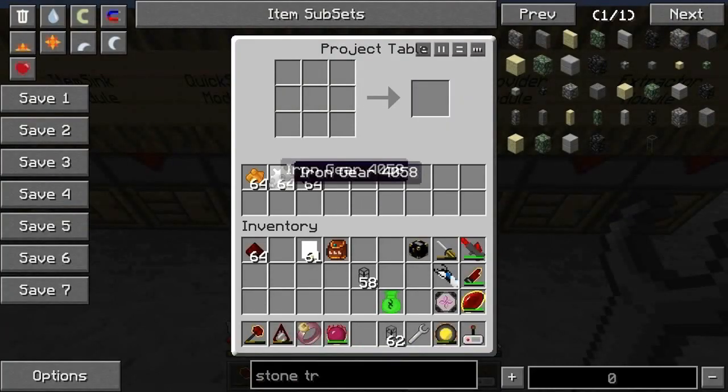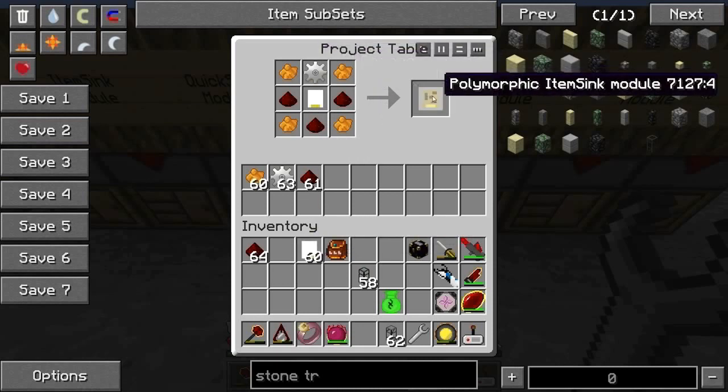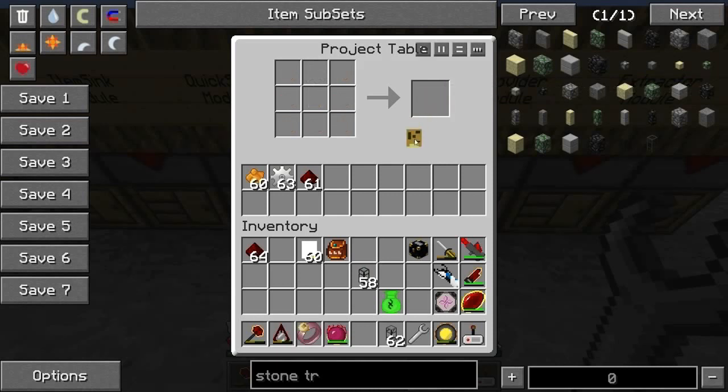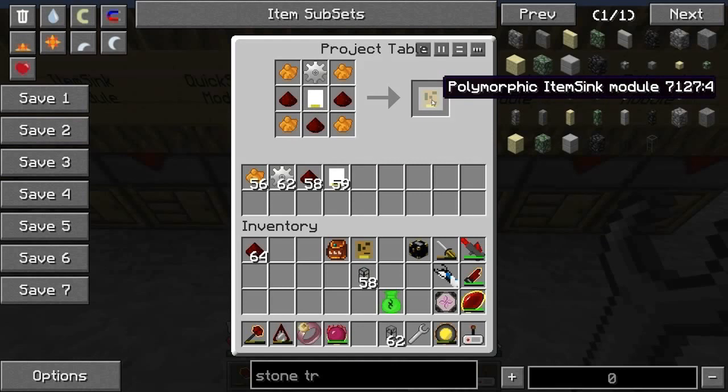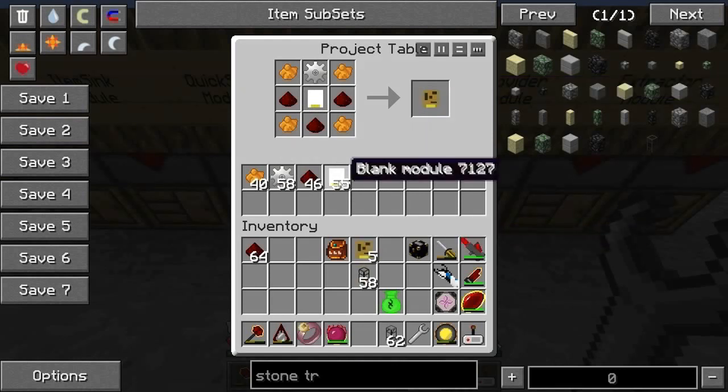Polymorphic, we need 4 of these. Oops. And this one takes orange on the corners plus the iron gear. So we'll need 5 of these. Oh, I forgot to leave the modules in there. Okay, 5 of those, and